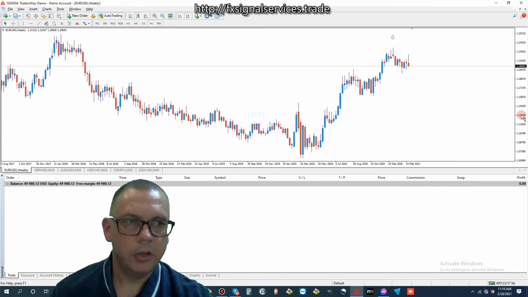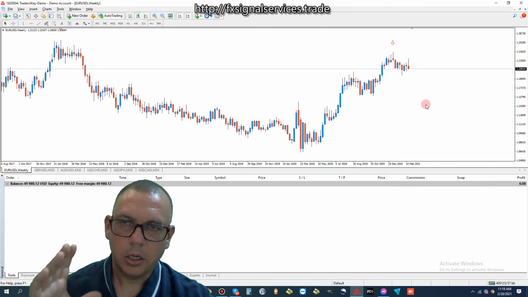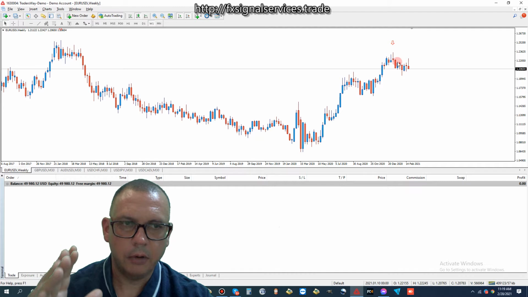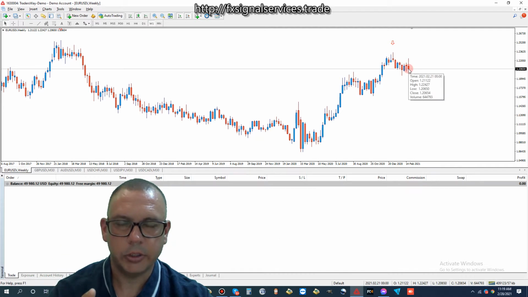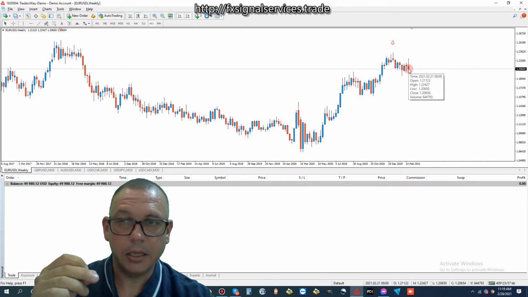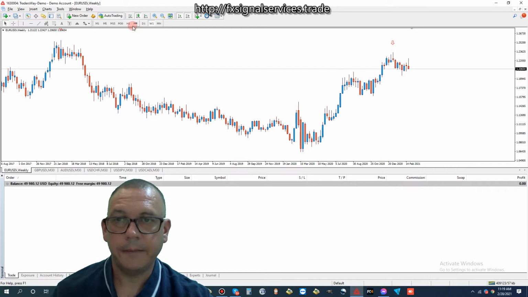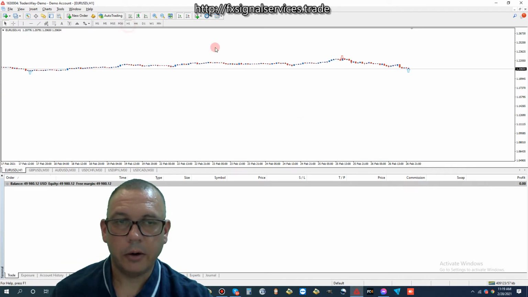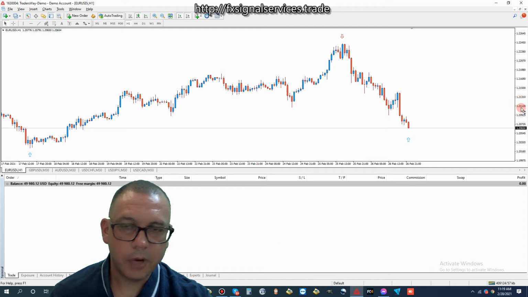If you look at the weekly chart for the past month, we've been working on a downtrend. So yes, we are definitely going to a downtrend. So now is the time to begin thinking about selling EURUSD. If we look here on the 1-hour chart, we have an up arrow.